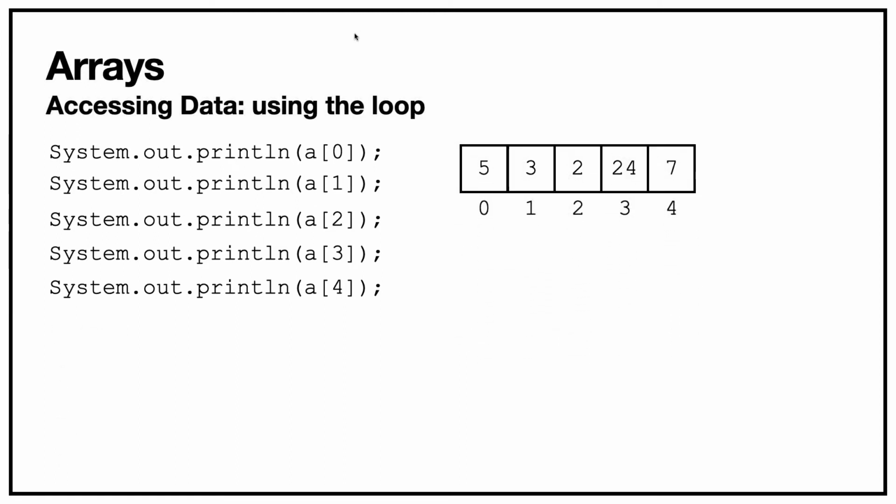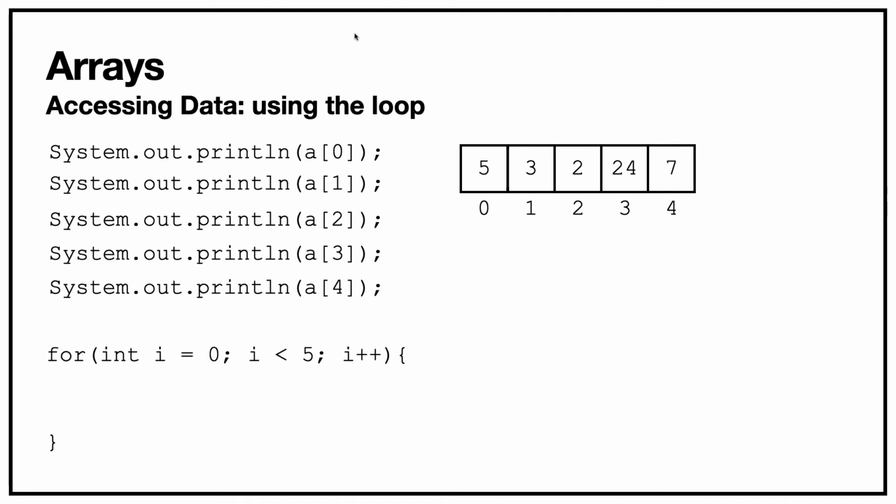And of course, we can use the loop. Remember that the loops are the best friends forever from the arrays. So let's construct this loop based on this information. So you can see here that we're going to start at position 0. This is a 0-base array. So that's where we declare a variable called int i equals to 0. As long as i is less than 5, because we have 5 values, we're going to go one by one,